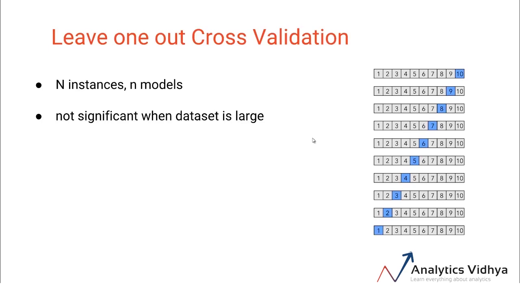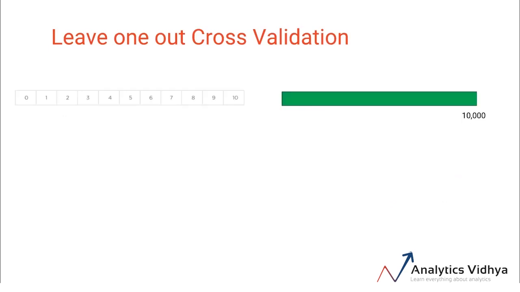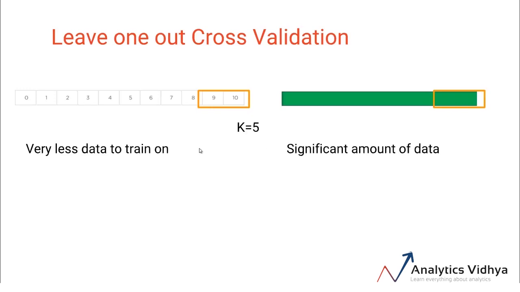Now let me explain this using a simple example. So suppose we have 2 datasets as shown here. The one on the left has only 10 instances and the one on the right has 10,000 instances. Now say we select the value of k as 5. In this case, the validation set for the left hand side would be 2 instances. On the right, it would be 2,000 instances. If we look closely, the training data on the left side is very low for a predictive model. And any small increase in the amount of data would be beneficial to train the model.